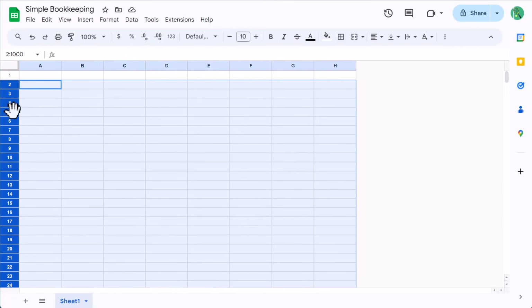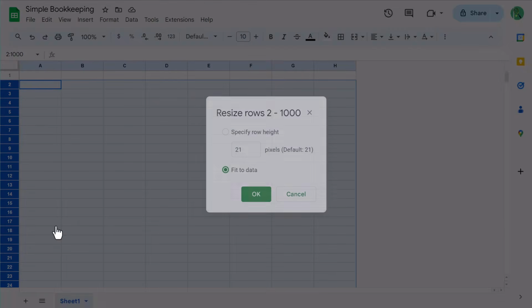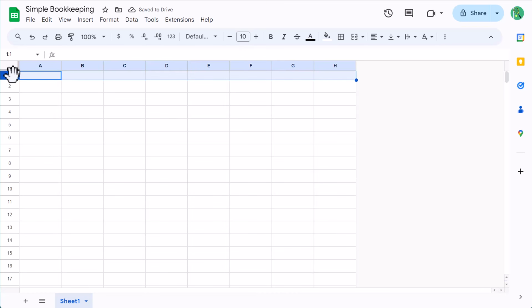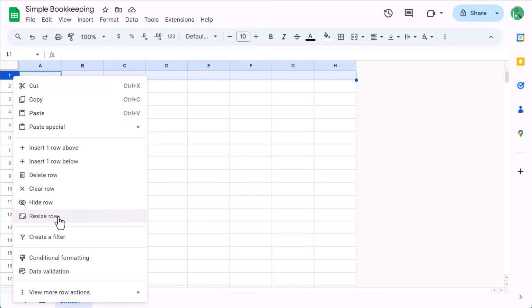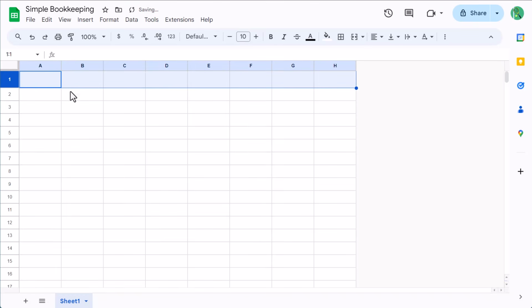And now right-click on the row headers, resize rows, set the size to 30, and click OK. Select row 1 next, right-click, resize row, set the size to 40, and click OK. Now with row 1 still selected, increase the font size to 14, bold the font, change the font color to